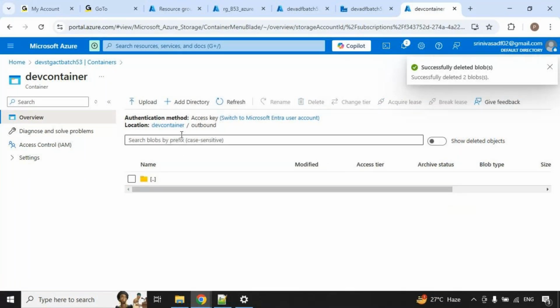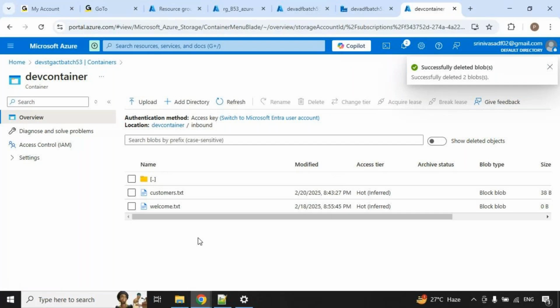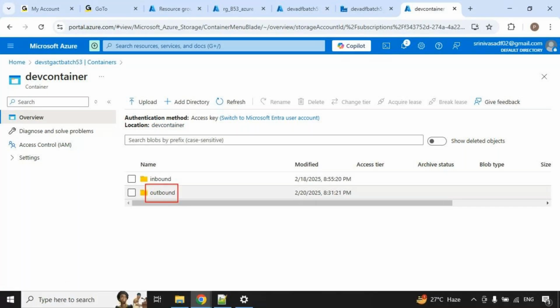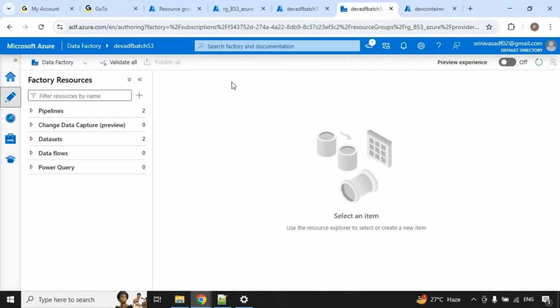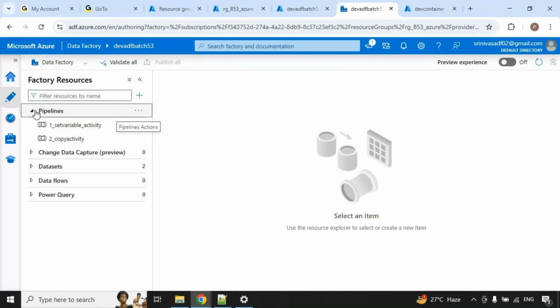Now my requirement is, I have an inbound folder, I have a file, and I want to copy this file into the outbound folder. We don't have anything yet. For this, last class I told you we have to create a linked service and data sets. So first create a new pipeline,